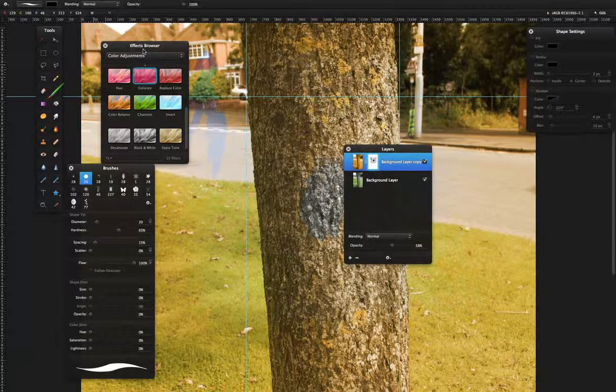I mean, there isn't much in Pixelmator that you couldn't do with GIMP or Photoshop. In fact, there's probably a lot of things that you could do with GIMP or Photoshop that you couldn't do with Pixelmator, but Pixelmator is quite cost effective and it's really quite an intuitive little editor, and I'd say it's a good addition to